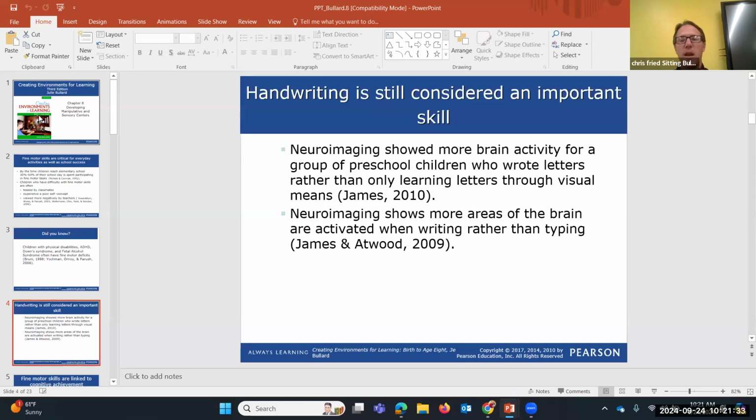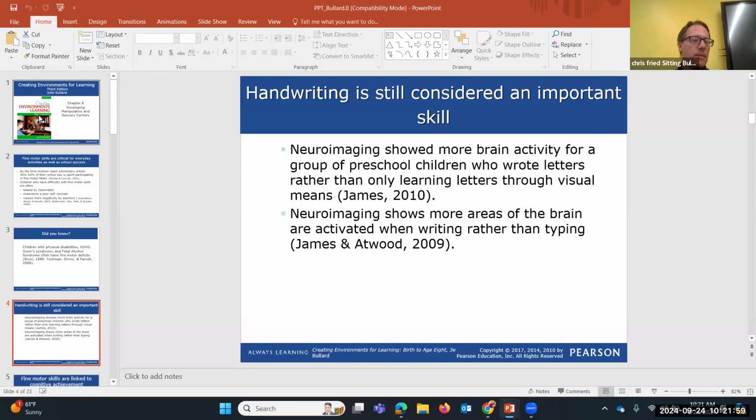Okay. Handwriting. Handwriting is a skill that we may not use as much, especially as adults. Children do use it from time to time when they're not typing or learning through a screen at some point. But handwriting is an important skill to practice for younger kids to develop fine motor skills.